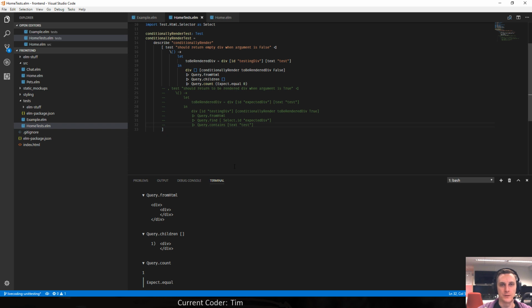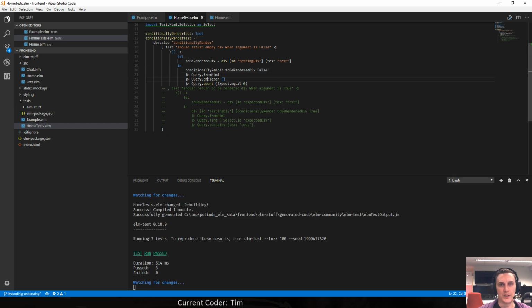Wait. No, it's incorrect. Yeah. So now I'm checking for the children on the thing that gets returned. So our empty div. So this is really how it should work.